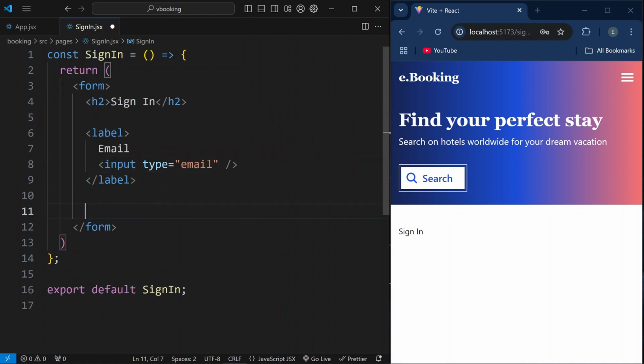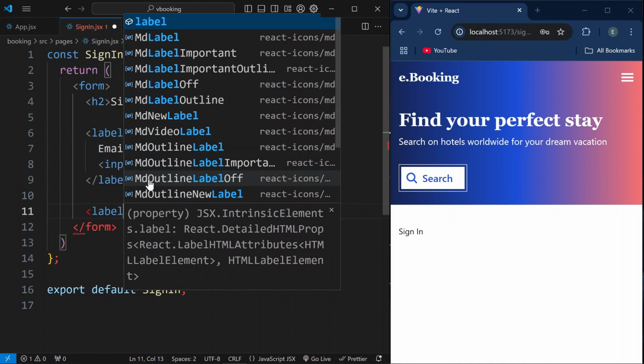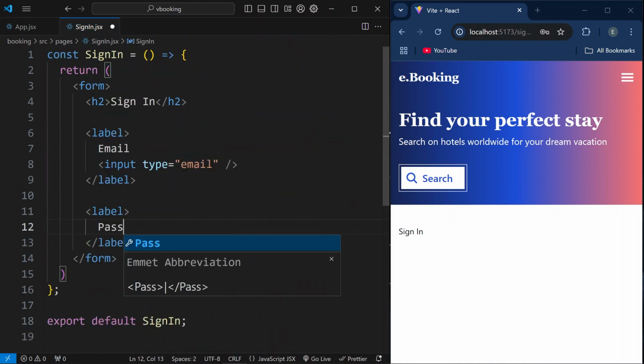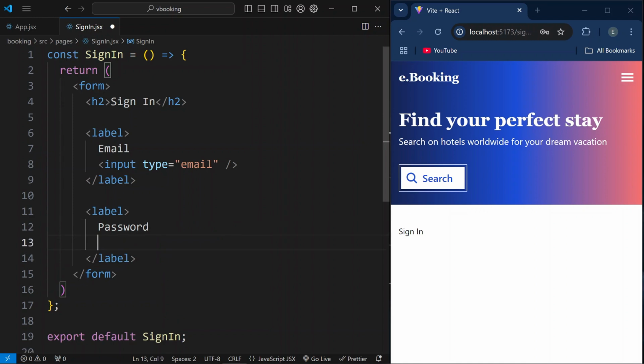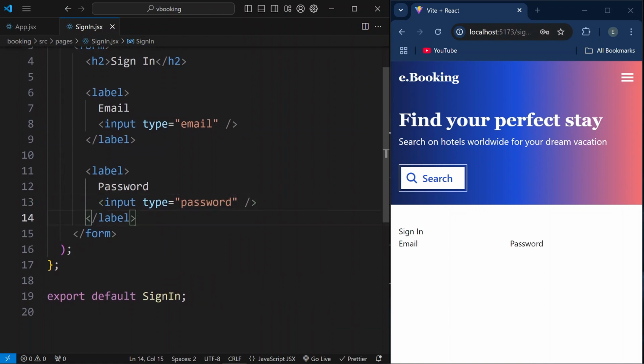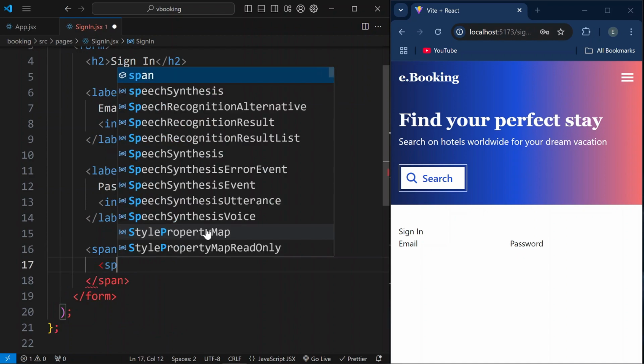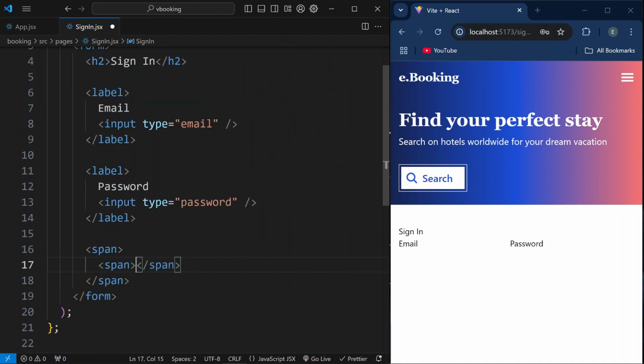And after this email label, we will have one more label for password and an input field. Type will be password, like this. And now after this label, let's have a parent span, and inside a children span